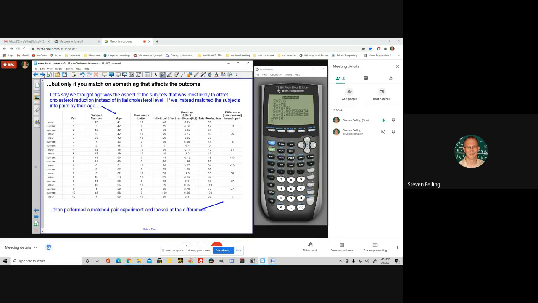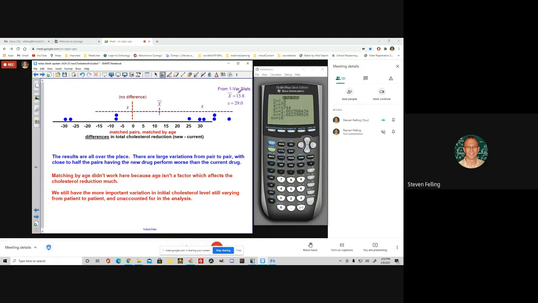But this is only going to work if you match on something that actually affects the outcome, right? If you happen to pick something which doesn't have an effect on how the drug works, then this won't work. So let's say, for example, we thought age was the thing that was most important. And so we decided to line up all of our patients by age and pair them up that way, by similar age. Okay. If you go through that analysis, you'll get these differences. You can carefully pause the video and look at all this or look in the notes if you want. And then if we type that into a calculator, you're going to find that the standard deviation is 13.8,